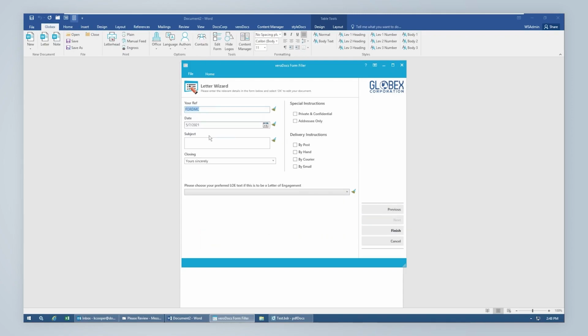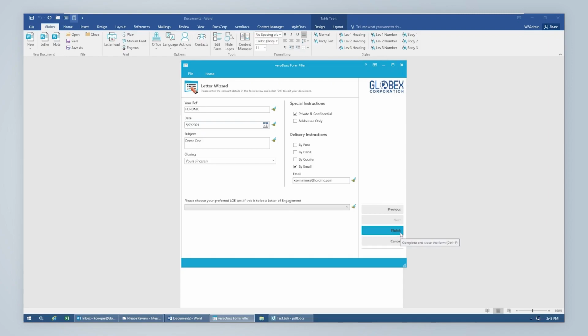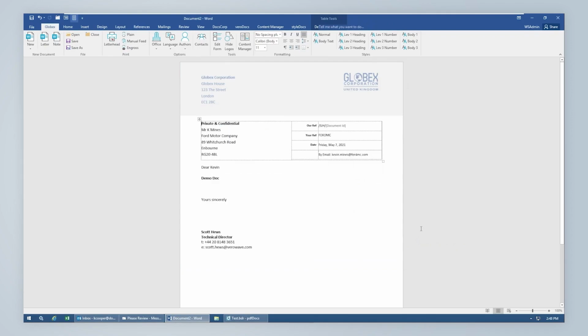In the next screen here, again, I'm going to have some reference information. Maybe I'll give this a subject. We'll call this demo doc. And we'll mark it, say, private confidential, and I'm going to send it by email, which we can see now from that contact information, we have pulled in the email address. We can tie this also to a document management system if we want to pull in some additional references or matter IDs and that sort of thing from that document management system. We could do that. So I click finish here,